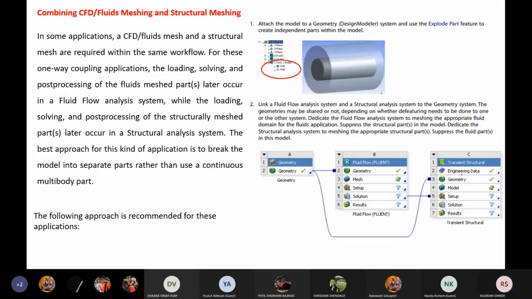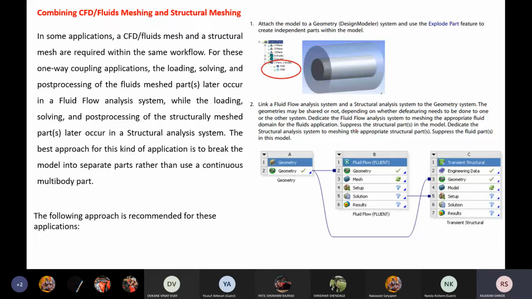The geometries may be shared or not, depending on whether defeaturing needs to be done for one or the other system. Dedicate the fluid flow analysis system to meshing the fluid domain for the fluids applications.